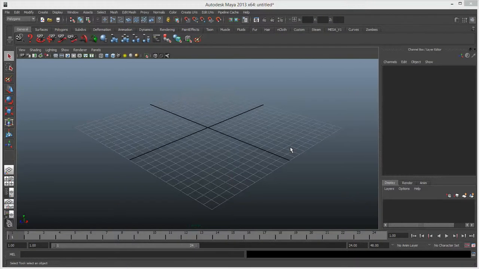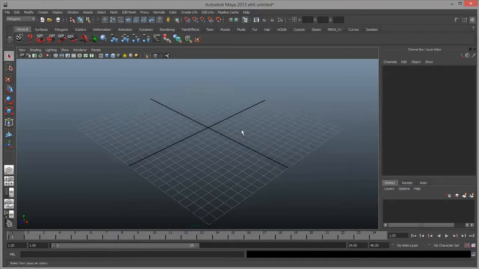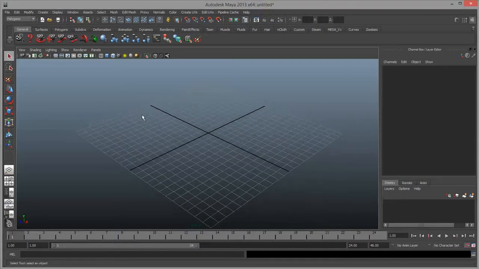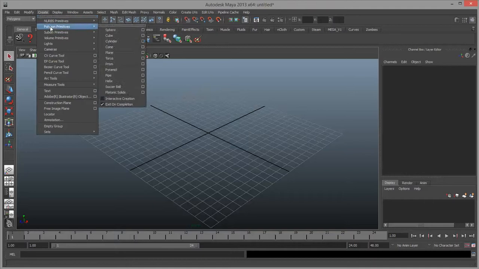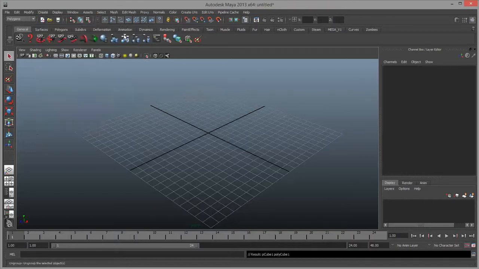Hey, welcome back. This time I'm going to show you guys about component editing modes. These are the bits that make up 3D elements within Maya. So to start off with, I'm just going to go ahead and create a polygon primitive cube just as a